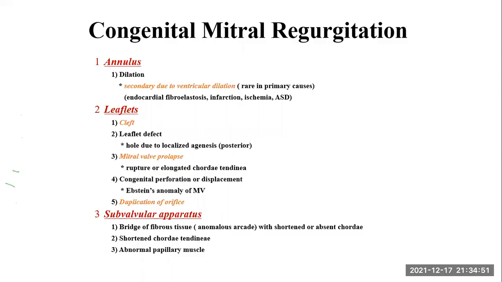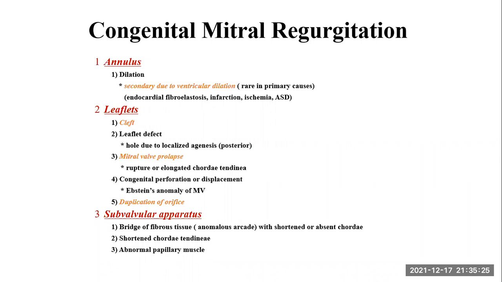For mitral regurgitation, also we have three categories. First, we have a problem in the annulus, a dilatation of the annulus secondary to ventricular dilatation, which could be due to endocardial fibroelastosis, ischemia, infarction, ASD. And secondly, we have a problem in the leaflets: cleft in the leaflets, leaflet defect, mitral valve prolapse